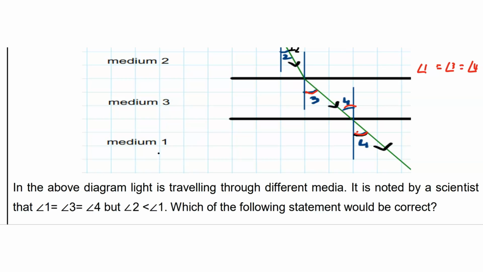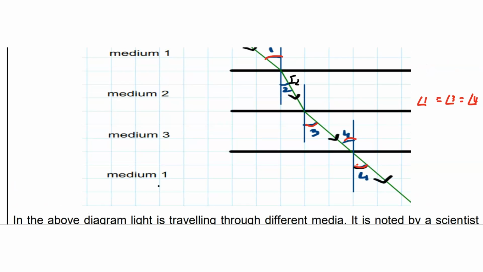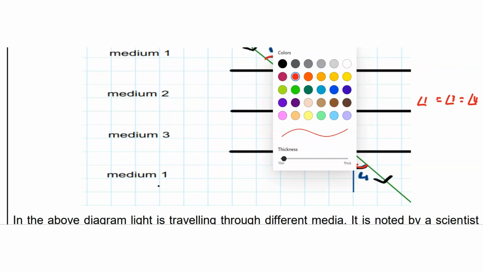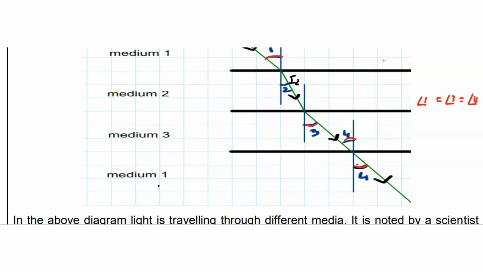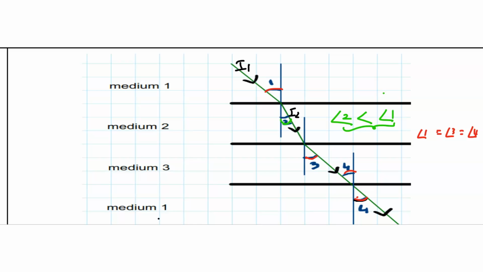And angle 2 is less than angle 1. This angle, so I'm choosing a different color like this. So this angle 2 is less than angle 1. With this given information, what can I say? When will the angle of refraction be smaller? Only when the light travels from rarer to denser medium,